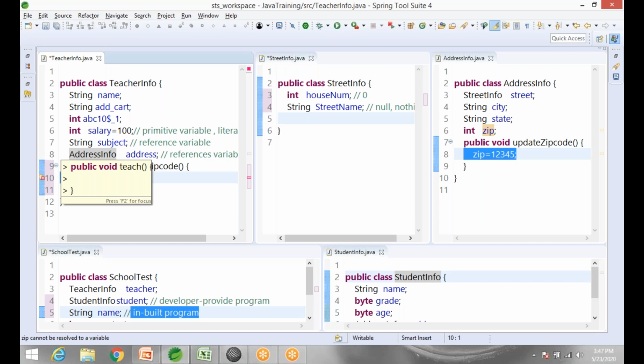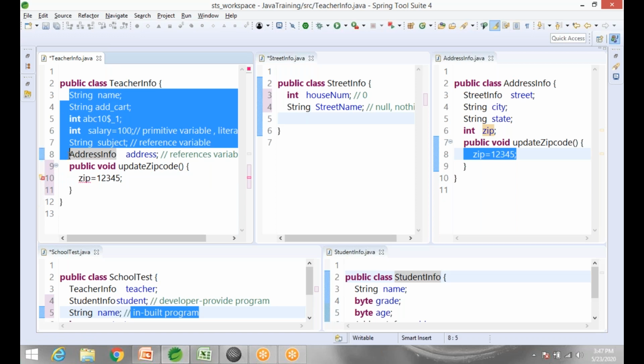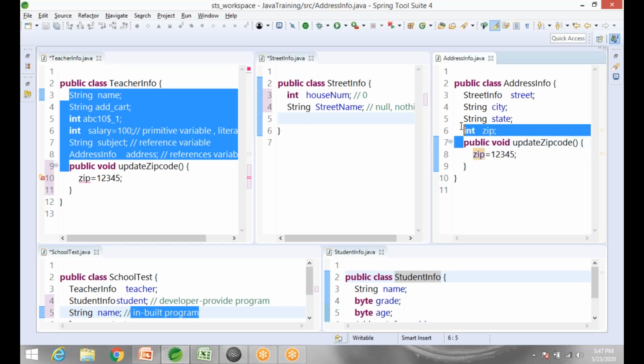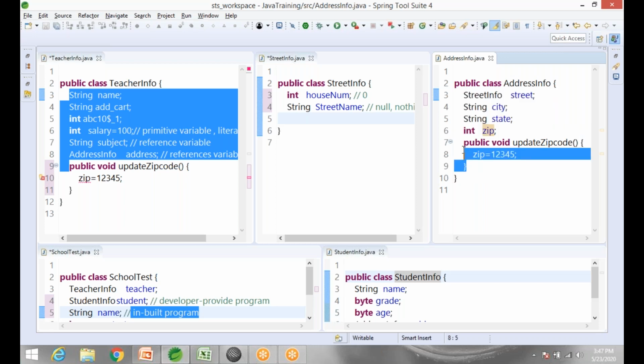So do you see the visibility here? Do you see anything called zip code in my teacher info program? No. But do you see a zip code in address info? Yeah. And that's why you're able to access it. So when you're trying to access this data, these attributes or variables, you do not have any restrictions if you're trying to change it